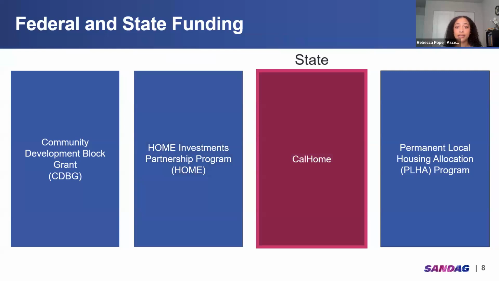CalHome is the state-administered program that provides grants to local governments and nonprofits for a variety of housing activities. This would include housing rehabilitation assistance, but it also includes first-time homebuyer programs and other technical assistance activities. So to focus on funding for housing rehab, to be eligible to apply for CalHome assistance, an applicant must have already successfully administered a local rehab program for at least 2 years prior to